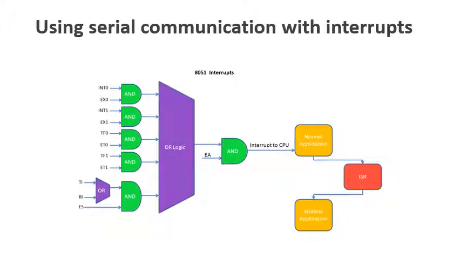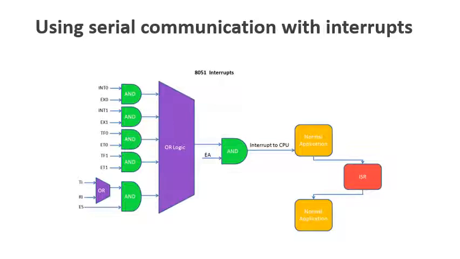So in the previous video on interrupts in 8051, we mentioned that we would be covering serial interrupts in this post. In the case of serial communication, the interrupts behave a little differently from what we saw in the post on interrupts. Both RI and TI interrupt flags have the same ISR, and whenever any one of these flags is raised, the control is transferred to the serial interrupt ISR.